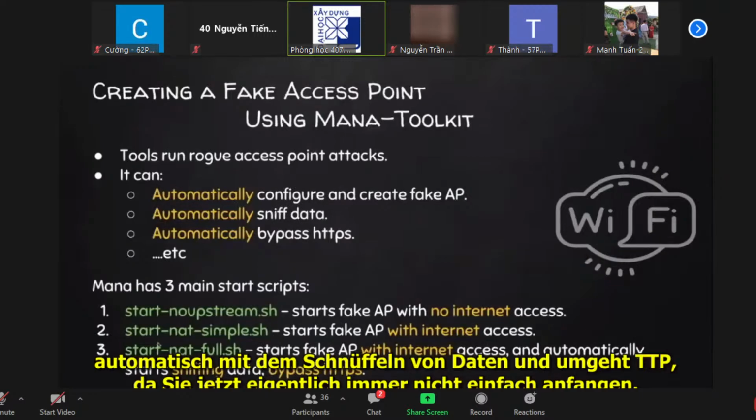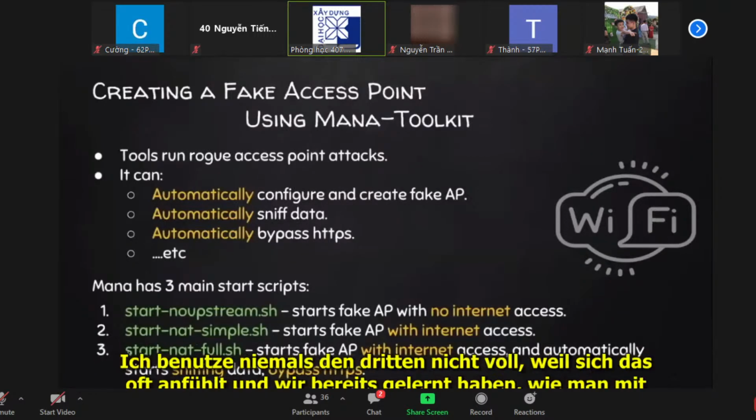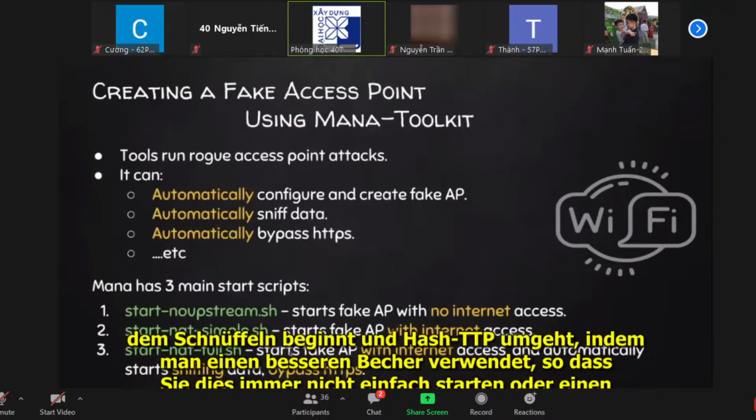Now I actually always use start not simple. I never use start not full because this fails a lot of the times, and we already learned how to start sniffing and bypass HTTPS using